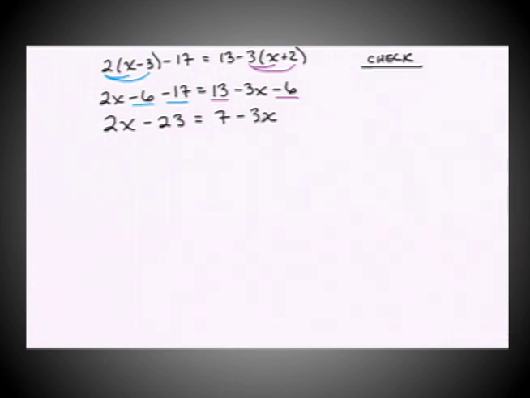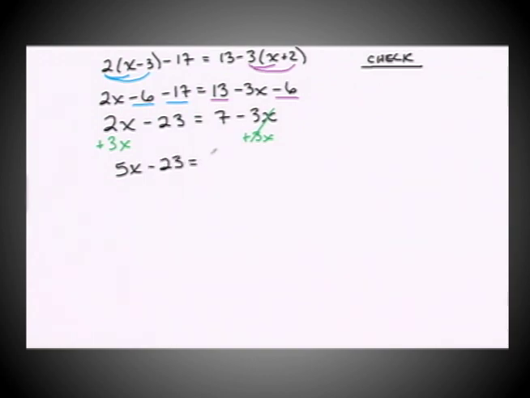Now I'm ready to move to the next step of the process, which is to collect all of the variable terms on one side of the equation and all of the constants on the other. So, like I said in the last video, I like to bring my variable to the left-hand side. For some reason, that just feels right to me. So I'll go ahead and add 3x to both sides of this equation. Remember, whatever you do to one side, you have to do to the other when you're talking about an equation. And that gives us 5x